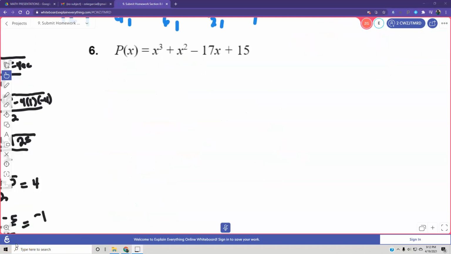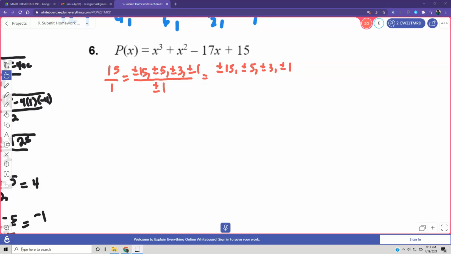For the next problem, we're going to figure out the possible rational roots. So we have 15 over 1. So we have plus or minus 15, plus or minus 5, plus or minus 3, plus or minus 1. This will be all over 1. So my possible answers are plus or minus 15, 5, 3, 1, and it's all divided by 1, so that's my list. I'm going to try